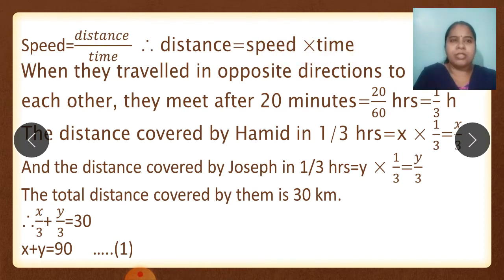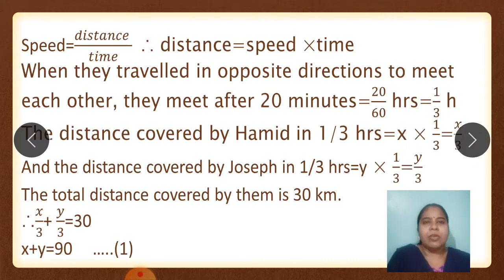Now time is 20 minutes. And whenever we talk about speed, it is always kilometer per hour, correct? So what I need to do is convert this 20 minutes into hours. How to convert that? It's 20 upon 60. I hope you know how to convert minutes into hours. Whatever is the value of the minutes given, you divide it by 60, it will convert it into hours. So 20 minutes is nothing but 20 upon 60 hours, that is 1 upon 3.